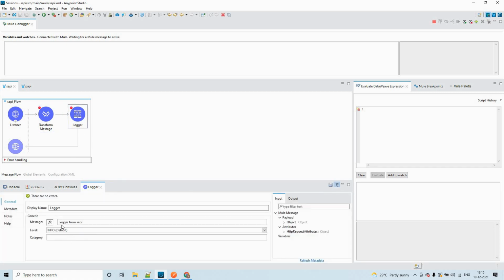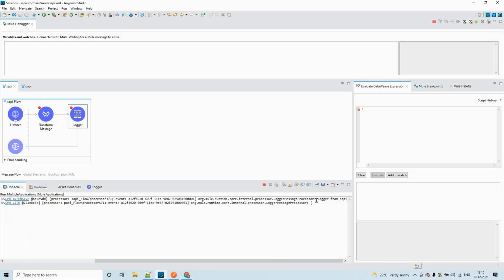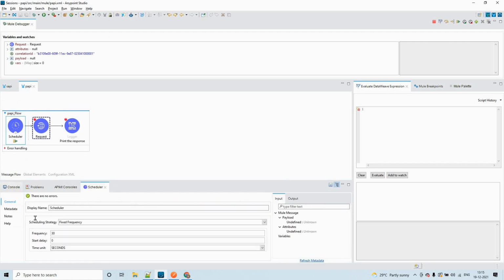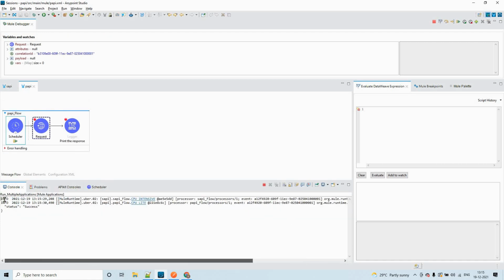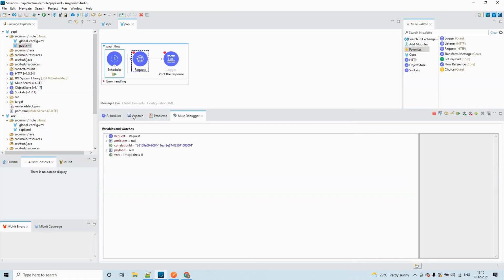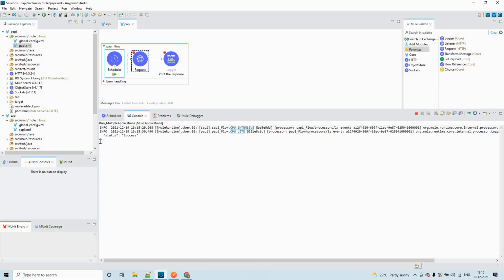Here we have a logger with value logger from SAPI. That is what you could see here. And when the request is sent back, you could see status as success. This way you can test the applications by running multiple Mule applications locally in Anypoint Studio.